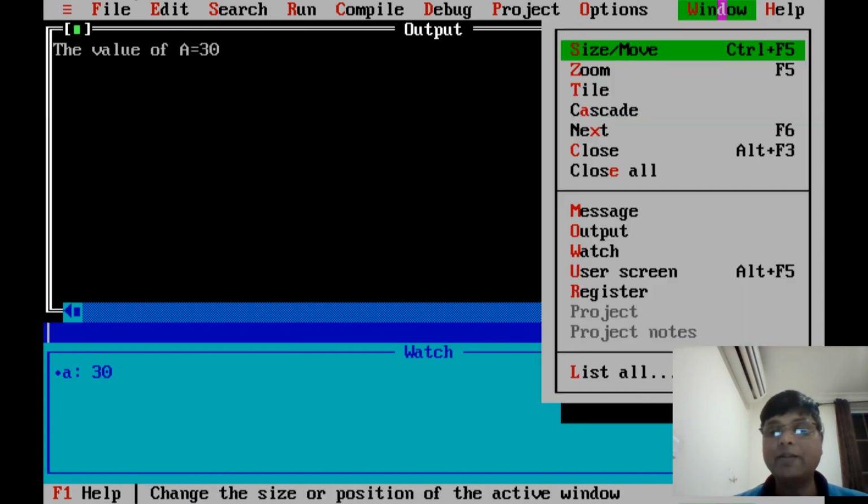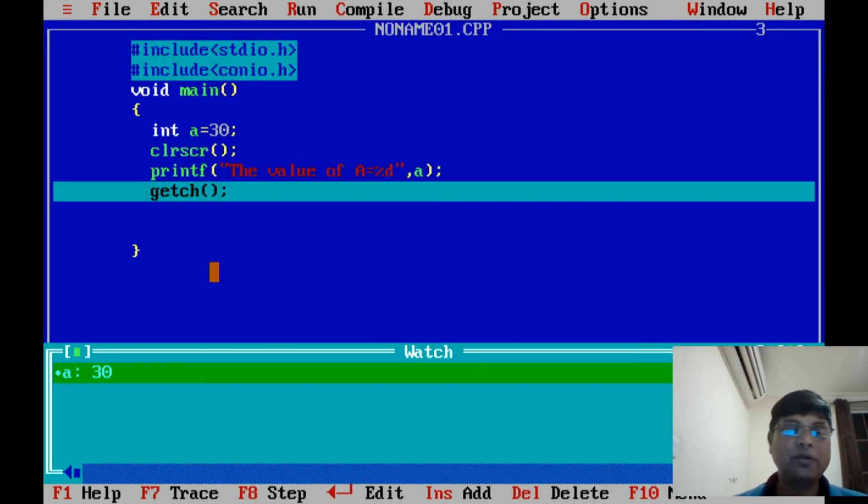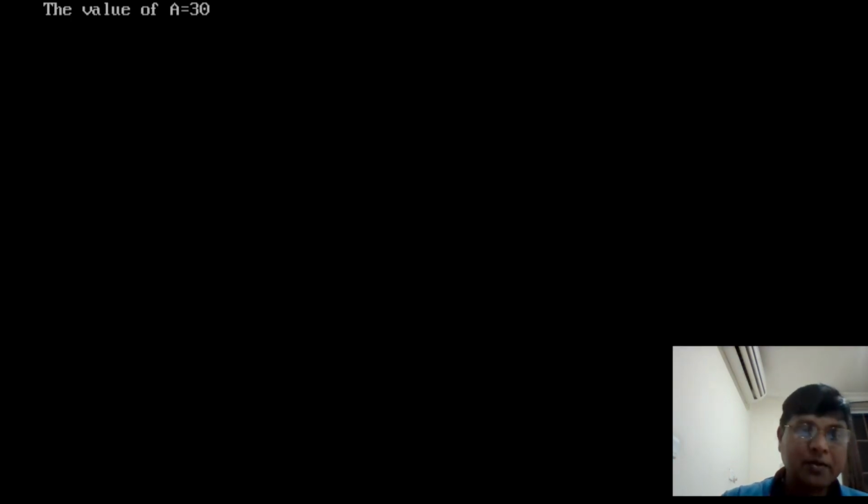So now the next line is going to execute, that is getch. So with F7, the moment you get getch, it asks for a key value, so it goes back behind again, takes the value and waits for you to press any key. I'm not going to use that key anywhere, but some programs use the getch character for some inputs. Here I'm using getch to pause the screen so I can see my output clearly and come back easily.